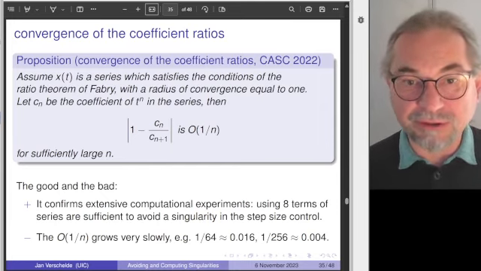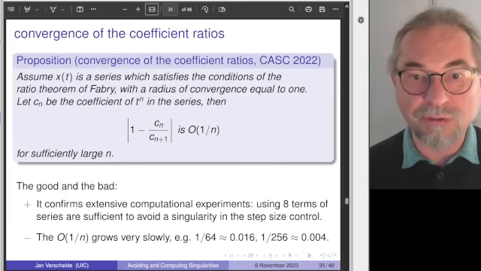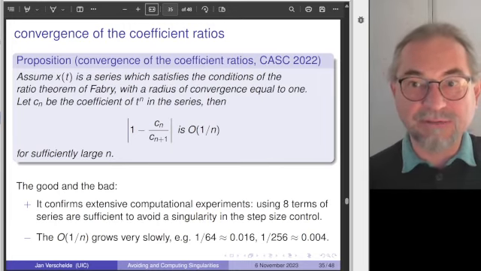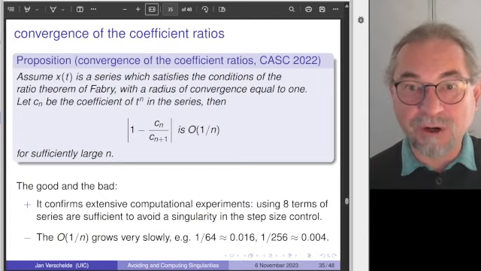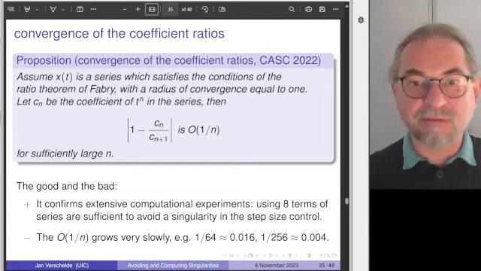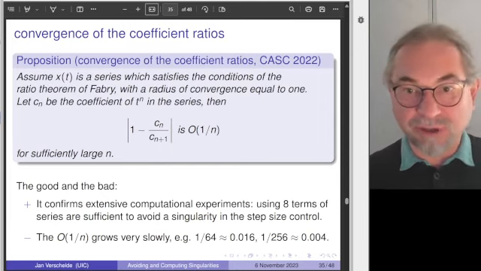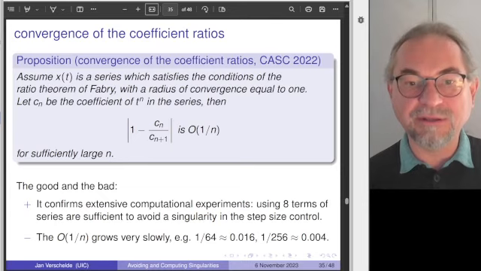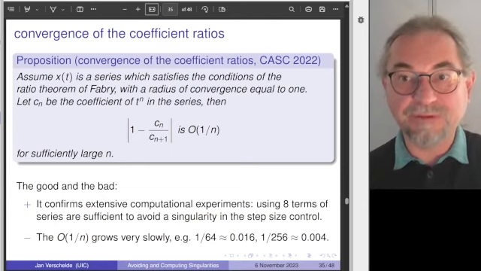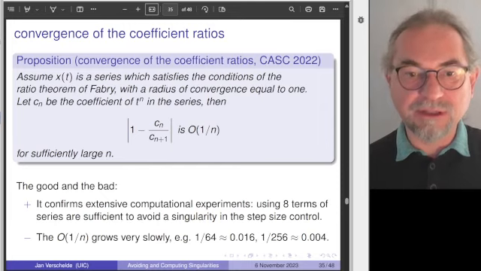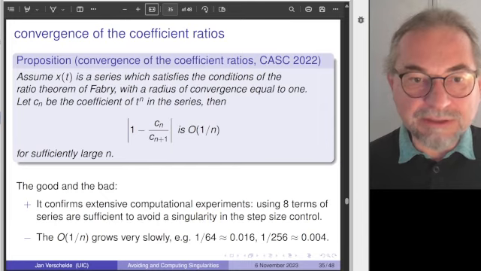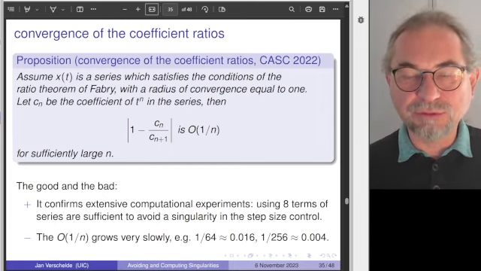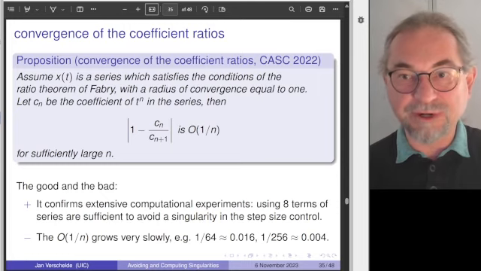It's also in some sense good. So if you have 8 terms, then you could say that you have 2 or 3 bits accuracy of your nearest singularity. So this confirms all the millions of paths that were tracked without jumping, without losing any step size, without needing any feedback from the corrector, accurately predicting. That's the good news. So the bad news is that if you want to accurately find where your singularity is,